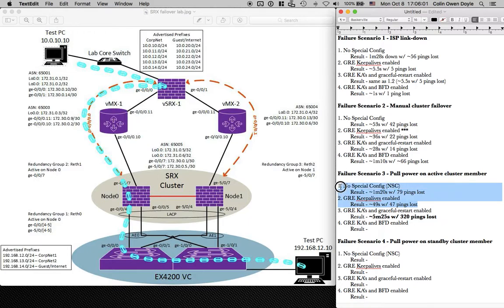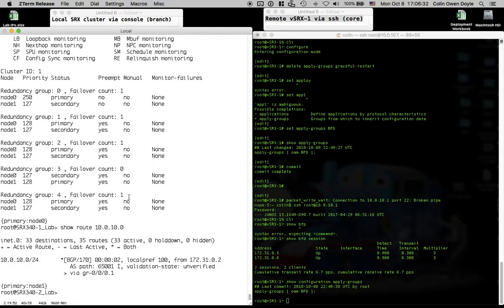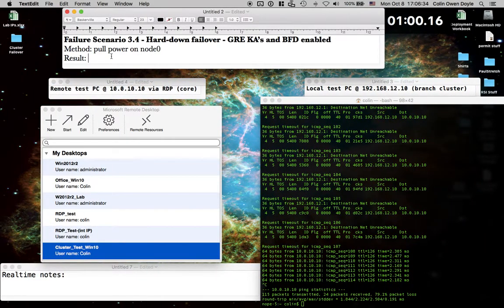I don't know. I'd say that, at least where I'm sitting, as long as you don't have Graceful Restart on, it's going to be about 50 seconds to 1.5 minutes, the impact that you're going to feel. Now, again, I would remind users who are thinking, oh my God, the cluster, why is it not working? Why is this not seamless? It's because we're not using redundant Ethernet interfaces upstream. We've got discrete ISPs. If I was dual homed to each of these clusters here, this failover should be much faster. And I'll do failovers that demonstrate that here in the near future.